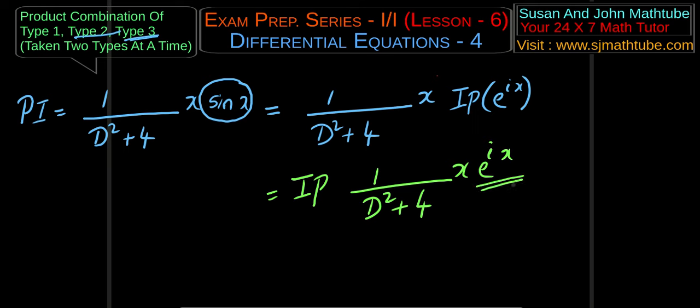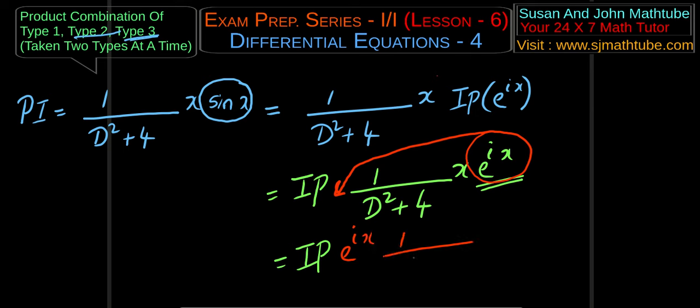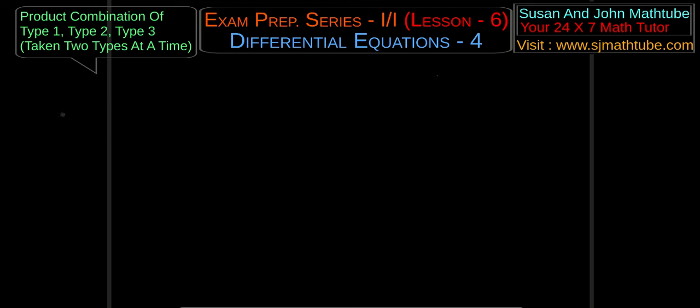We have an exponential function here. But remember, you have to keep on writing imaginary part, imaginary part, imaginary part till the end. So what will be the next step? I'll take e to the power ix outside the operator. So I'm going to write e to the power ix, and 1 by d will be changed into d plus i, plus 4 of x. Okay, so that is equal to imaginary part of e power ix, and then